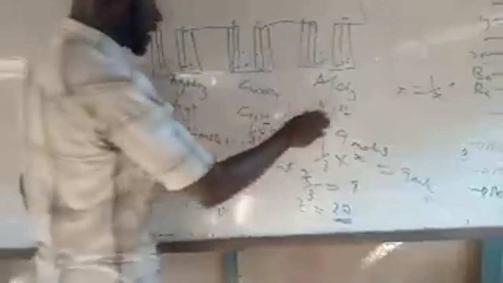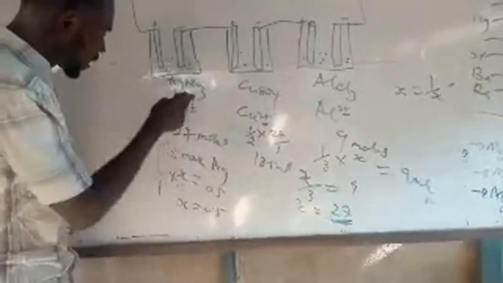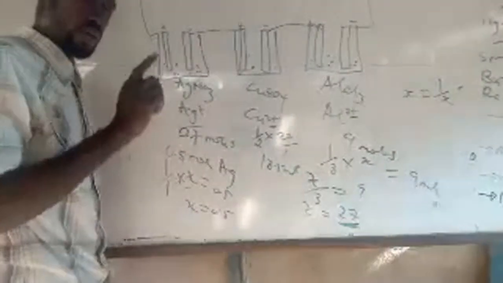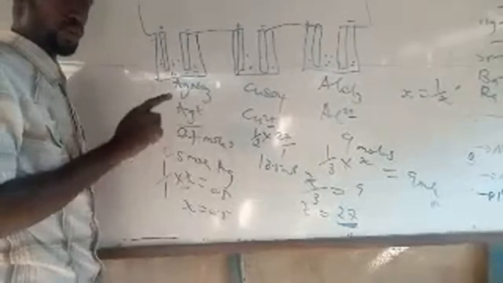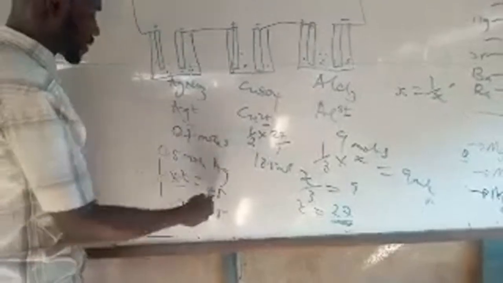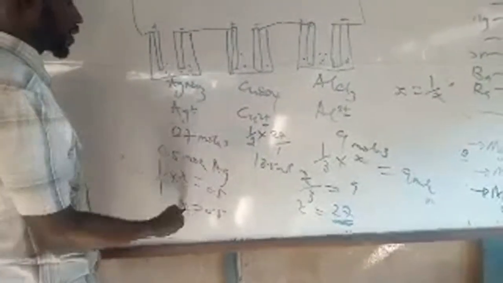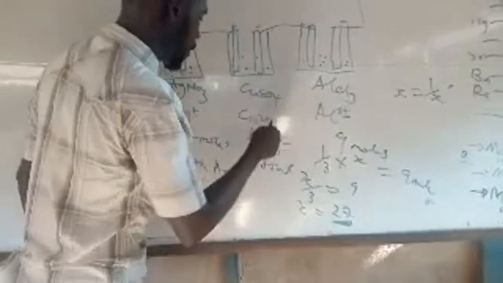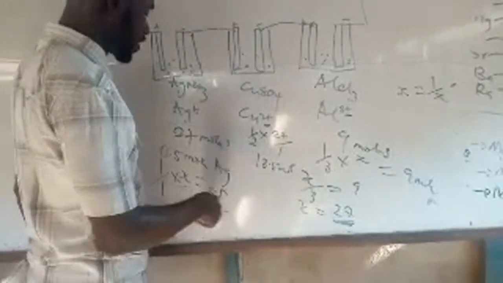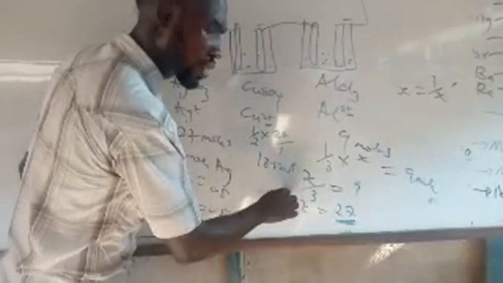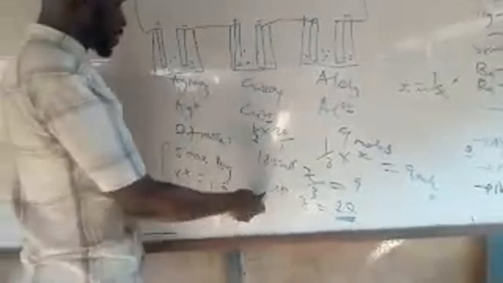Remember, when I started here, I used 1 over 3 times x unknown. But when this silver was given, you just say, because the charge is 1. Remember, I'm not restricting this to silver. Any other ion that has plus 1 follows that rule. Sodium plus 1, potassium plus 1. So for the plus 1, you just say 1 over 1 times x is equal to 0.5, because this was the mole given, such that your x is 0.5. Simple. When you now come here, it becomes 1 over 2 times 0.5 will be discharged, which is dividing 0.5 by 2, which will give you 0.25. Am I correct? Yes. Okay, it will give you 0.25.